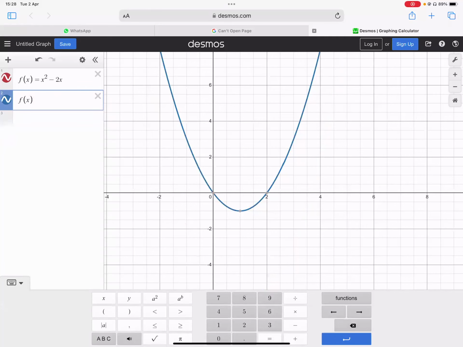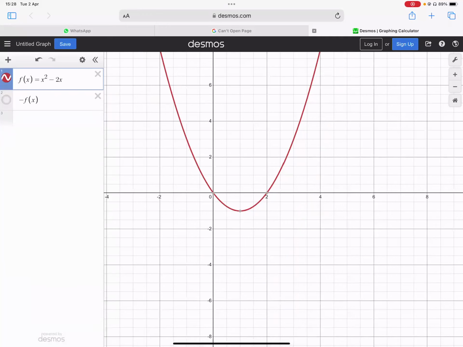Now let's change something else. Let's say we multiply this whole function by a minus sign. What happens in that case? The whole thing is multiplied by negative. So it becomes minus x squared plus 2x. All right. What will happen to this function? So remember, f of x means y. We are multiplying negative 1 with f of x. Every y coordinate is going to become